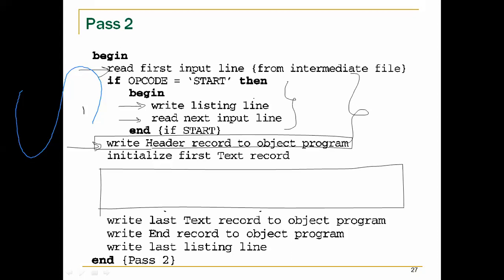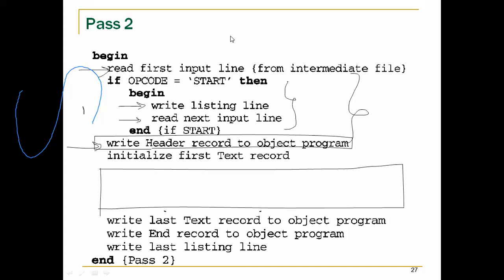So we read the intermediate file, get the information that we require, and write the header record to the object program. Once we get the header record done, then we have to get the text records, right?